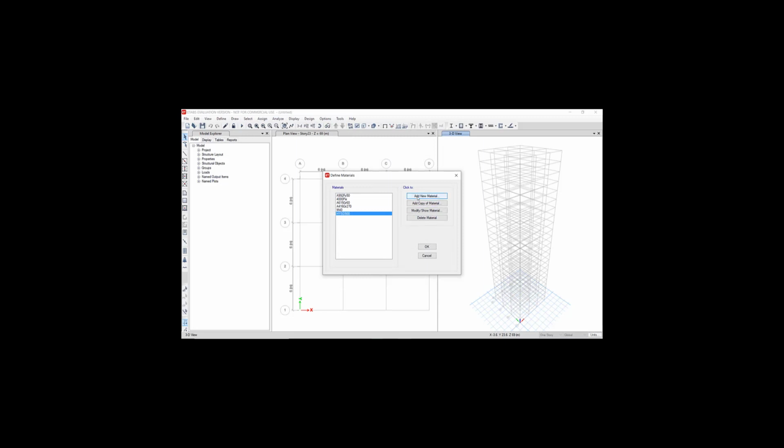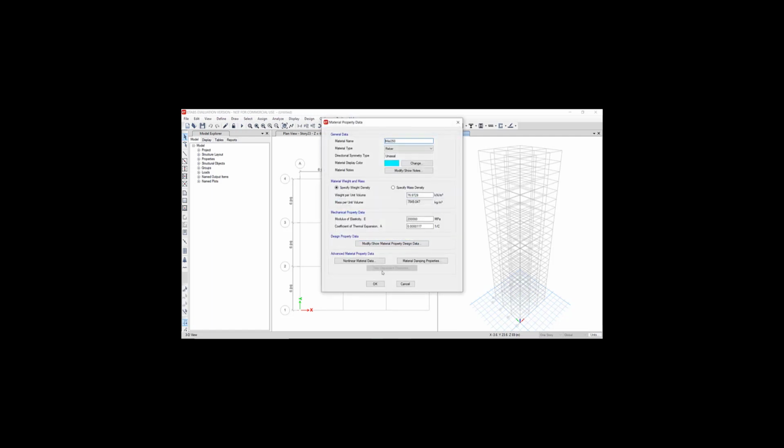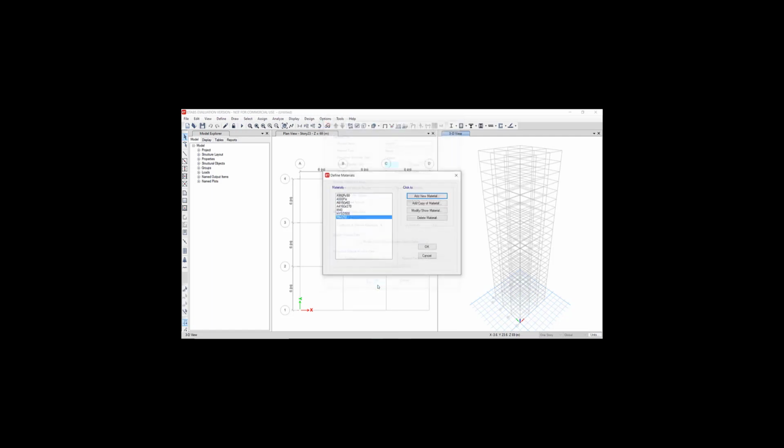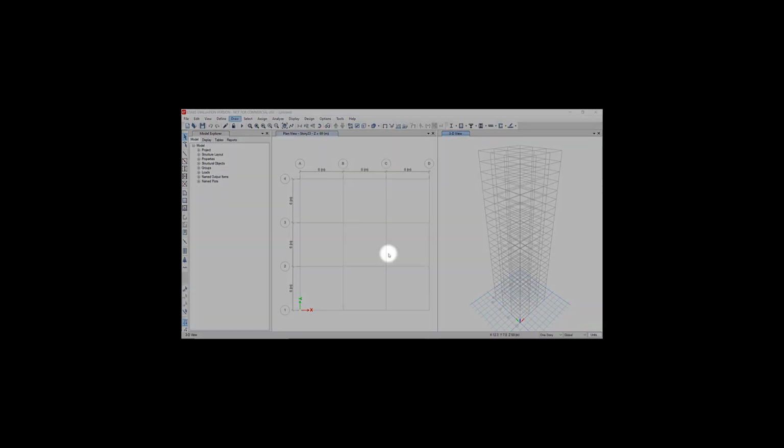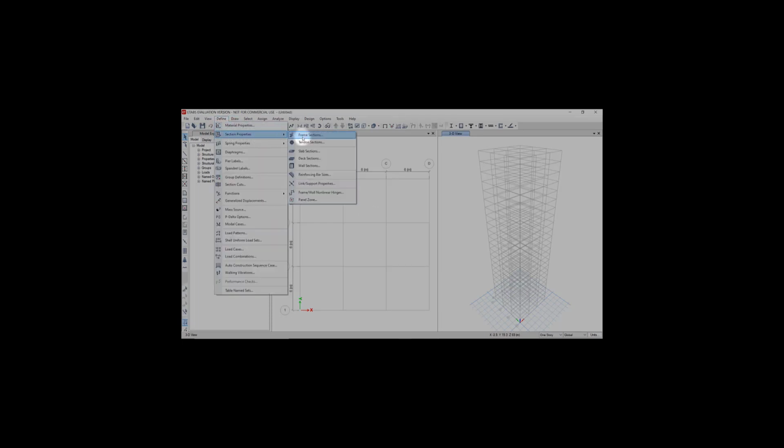Then go on add new material, design Indian, material type rebar, standard Indian, grade Mild, grade 250, OK. Material property data, OK. Then click on OK. Now we will design the frame section. For that we will go to Define Section Properties, Frame Sections,